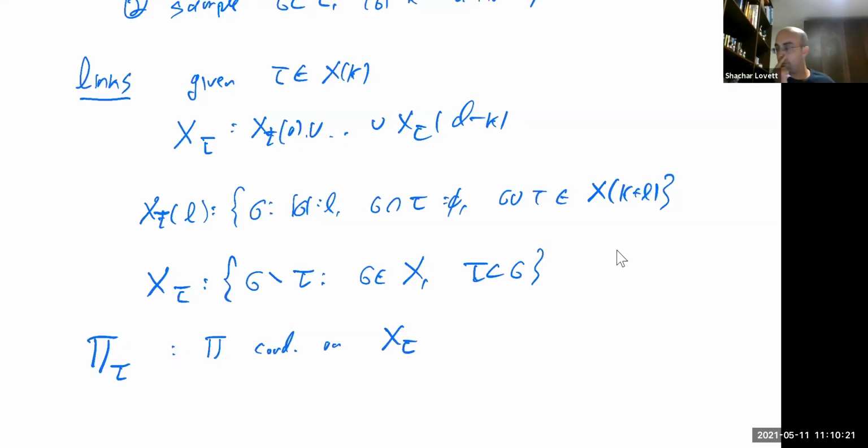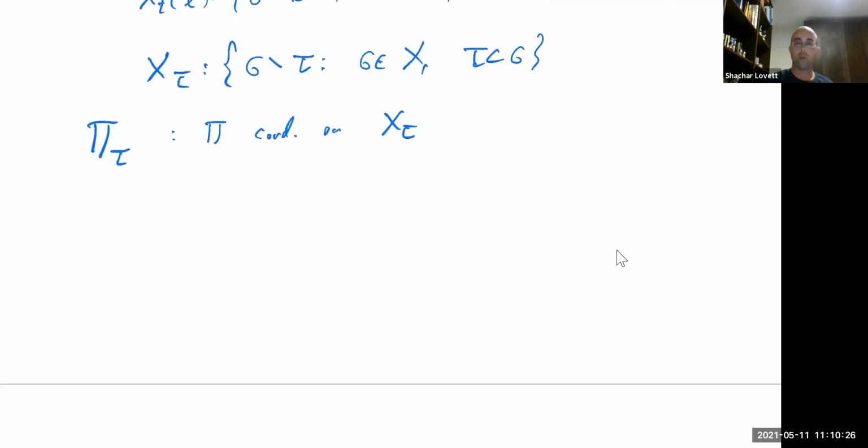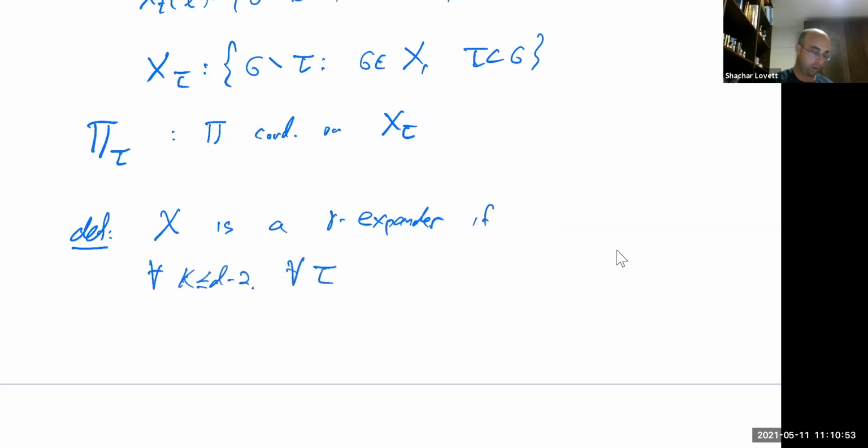Right. And then maybe the last definition we had was that of what do we even mean that this complex is an expander and expanding? So the way we defined it was the following, that was our main definition. So X is a gamma expander if for every level k at most d minus 2, and for every face tau in X,